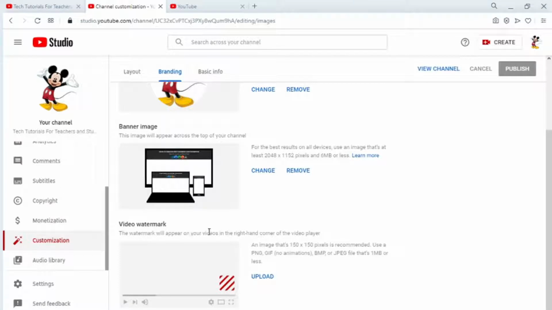The watermark will appear on your video in the right hand corner of your video right here. An image of 150 by 150 pixels is recommended, which can be a PNG, a GIF, a BMP, or a JPEG. Now you just click on upload,